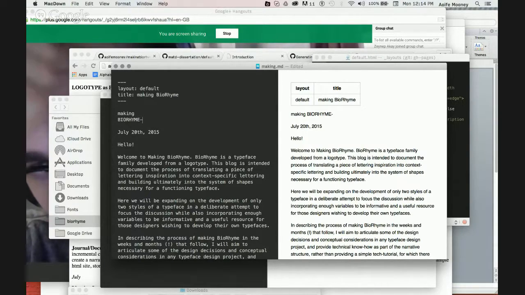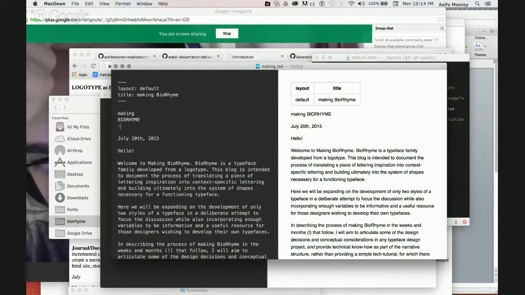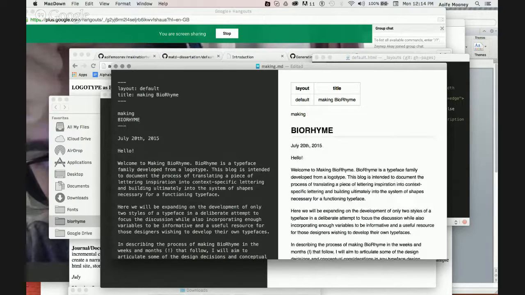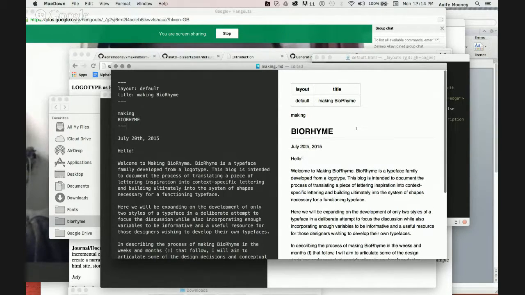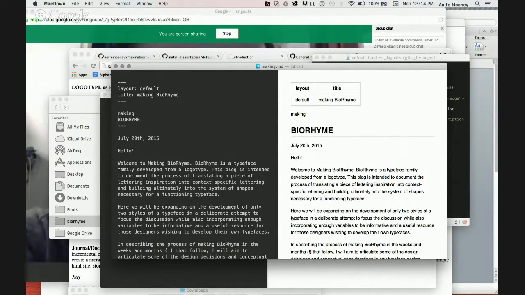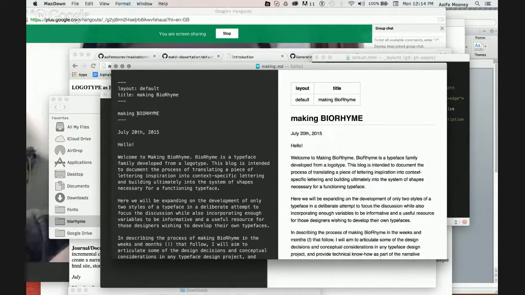Oh, okay. Well, you've got making biorhyme split onto two lines. Okay. All right. So then, if you save that file,